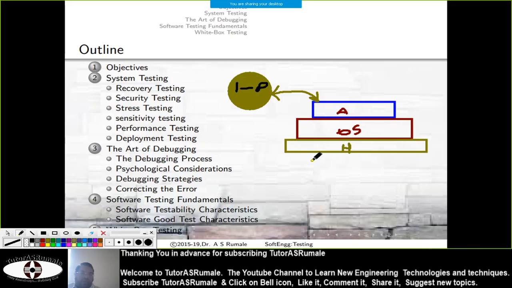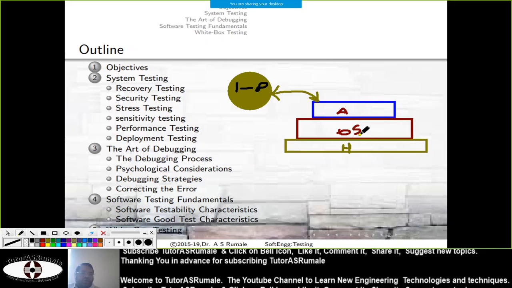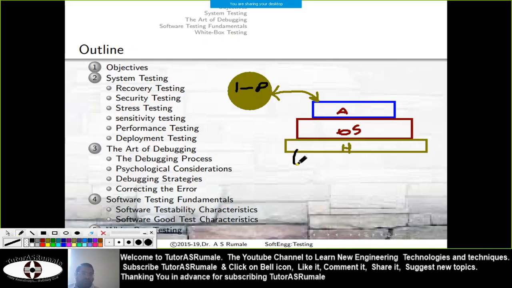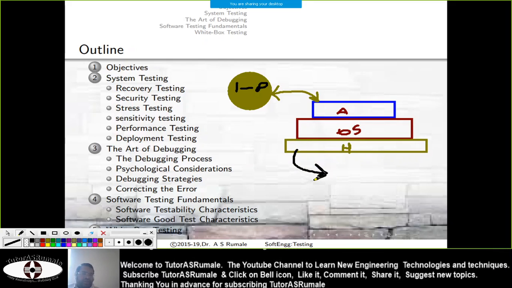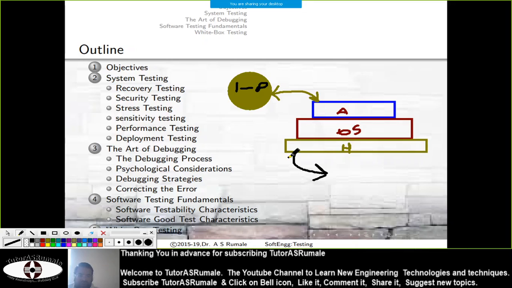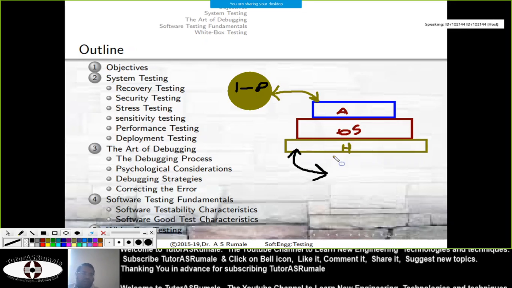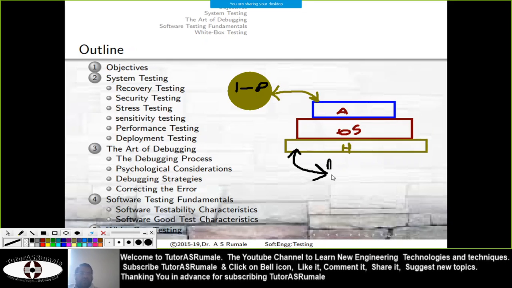Now this hardware, operating system, and application, for certain operations, need to communicate with external systems. Consider this hollow circle as the external systems, meaning other machines.